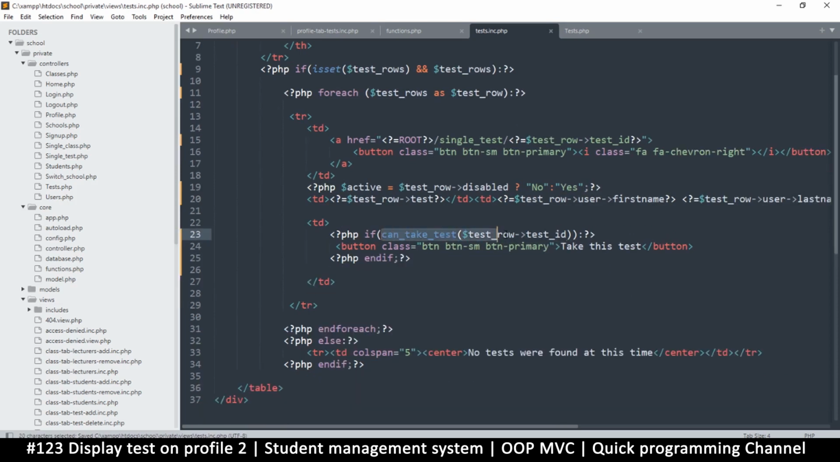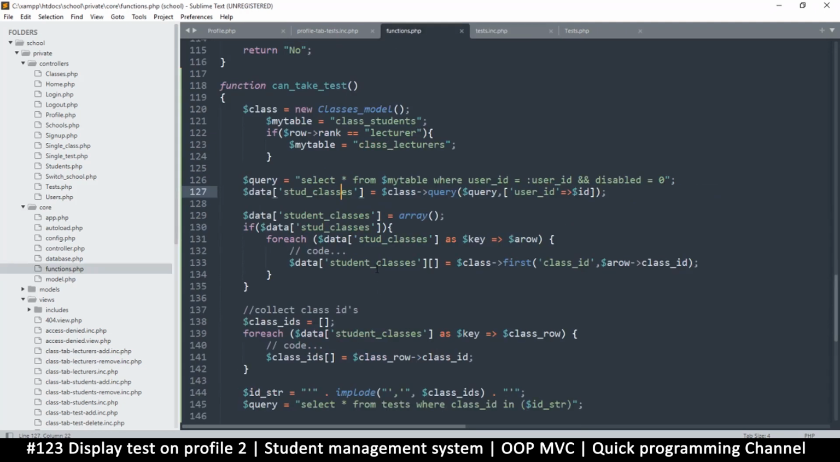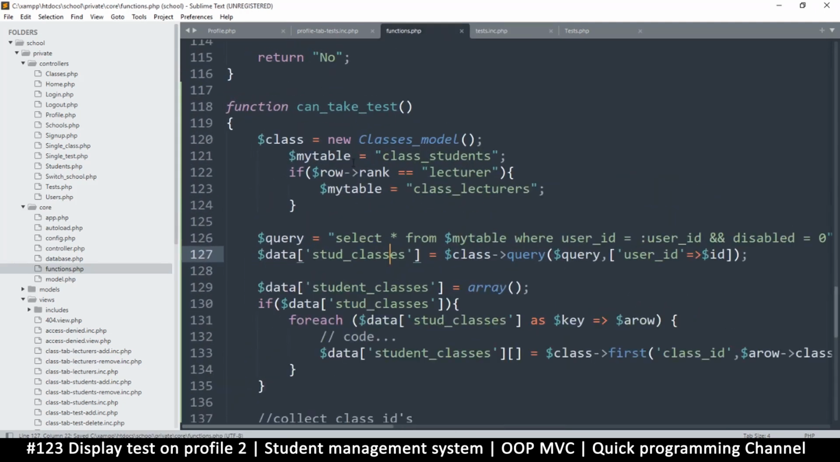So we supply the test ID, to know whether the currently logged in user can take that test. We don't need to supply the user information because it's always in the session if you're logged in. So we just need to know the test we're talking about, and then we can improvise. Right about here, we need to know the rank. If this person is not a student, then definitely they can't take the test, right? So if rank is equal to, let's say, student, okay,